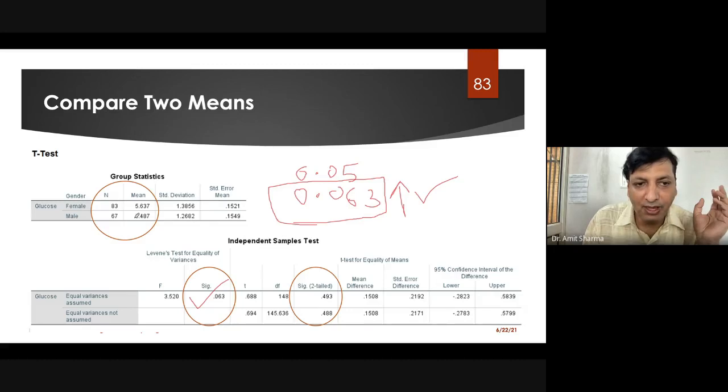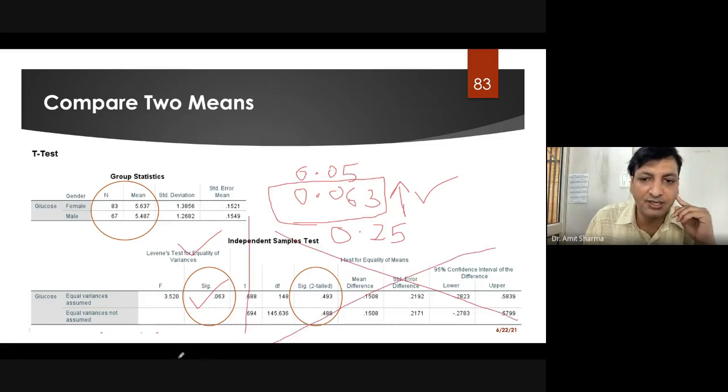As the number of males and number of females will come equal, you are going to get a very high value, like 0.25, 0.26, something like that. Once you have maintained the equality and proven that you are eligible for the test, you can proceed to the independent samples t-test. Otherwise, you have to stop here only. You are not eligible to read the further results.